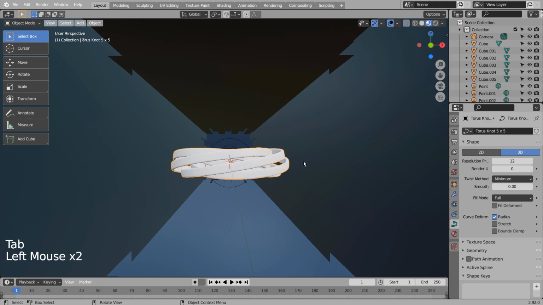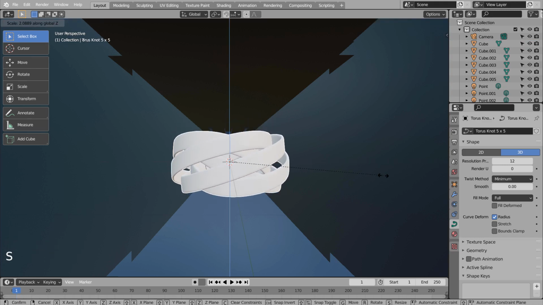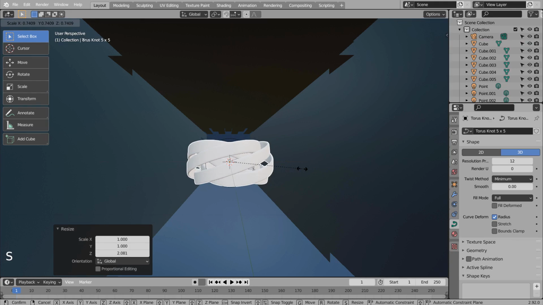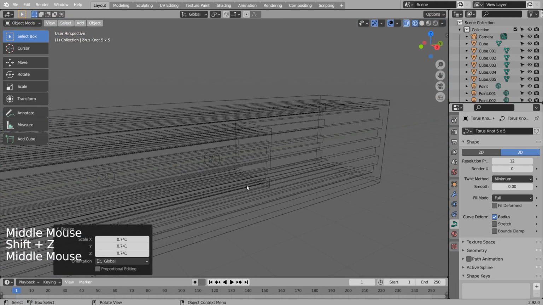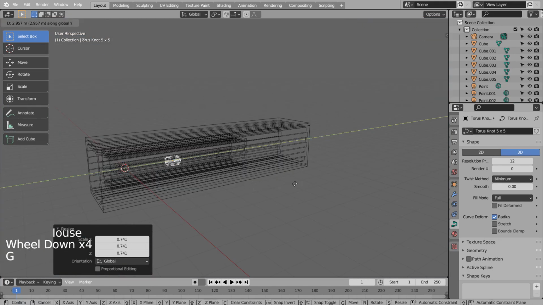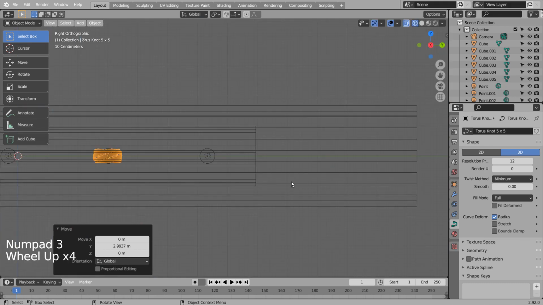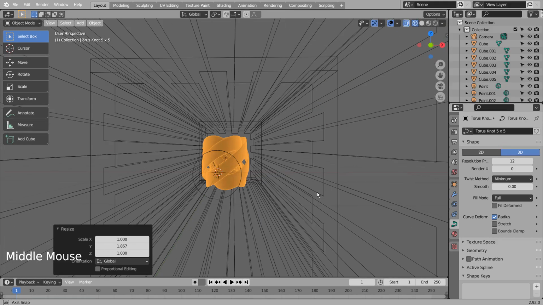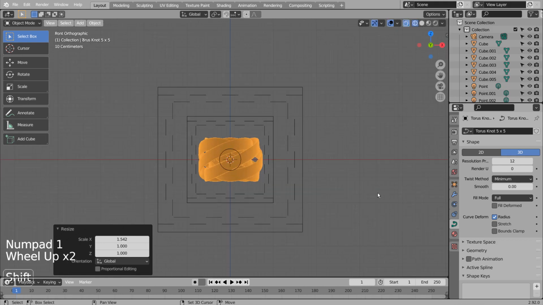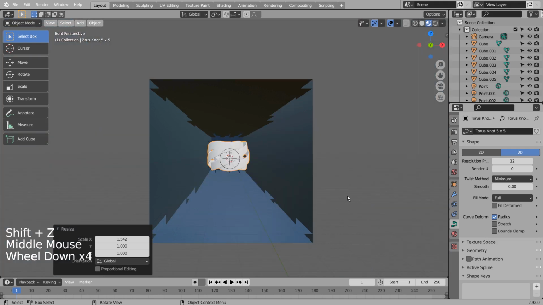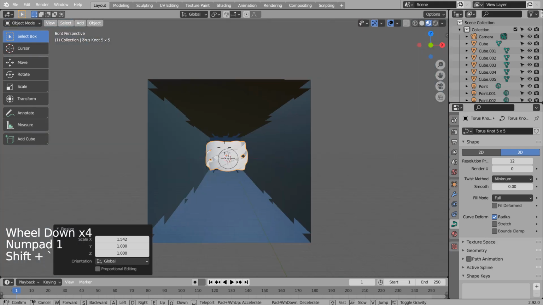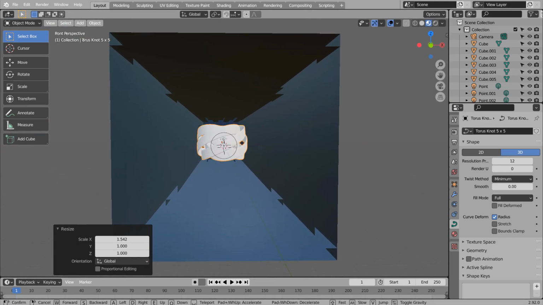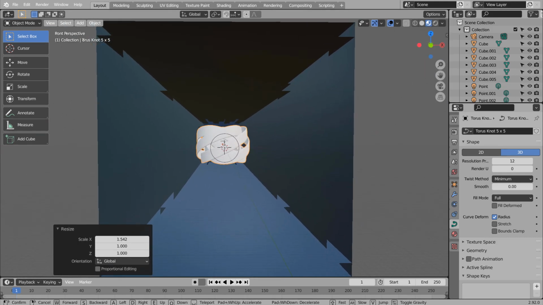S, and Z to scale in the Z-axis. Let's set up the render scene.